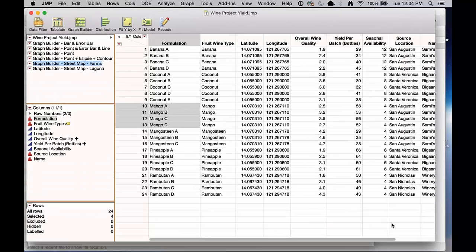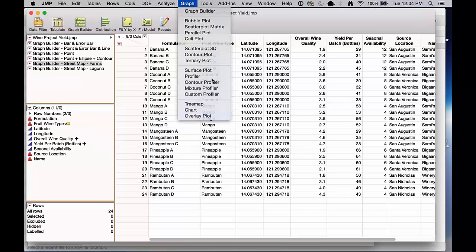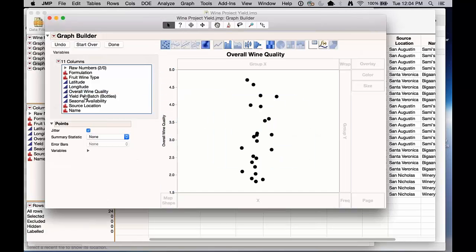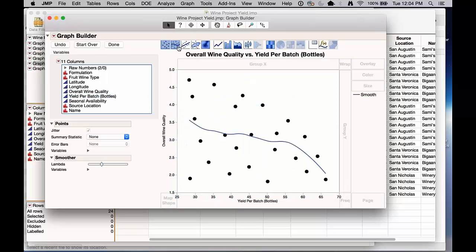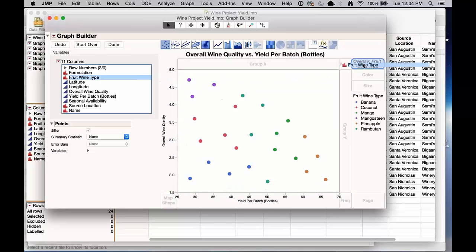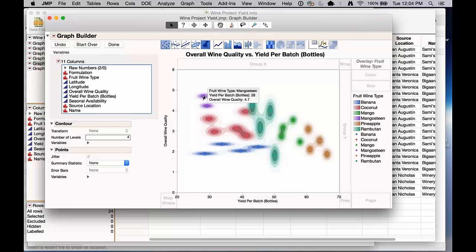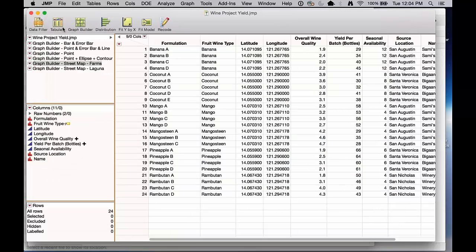And here is just a whole bunch of data. This is actually one of my side projects. I have a farm and a winery over in the Philippines and also in Texas, but it's so easy for me to go and immediately start to look at things like what's going on with my quality and what's going on with my yield, and maybe I can look at those by fruit line type, and maybe I can do some different things with the graph and actually see where things are grouping and where the quality and the yield is the highest or the lowest. This is just me interacting with my data. So it's so easy to do to create these views